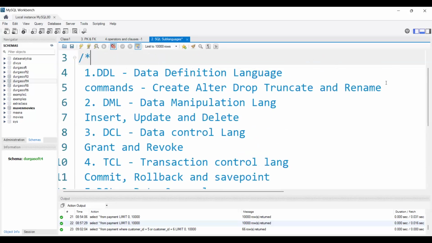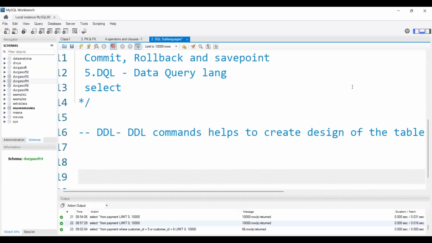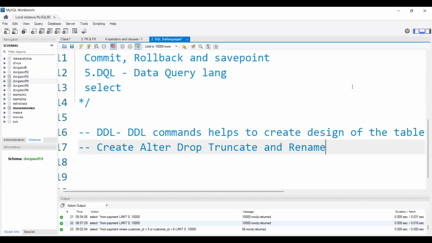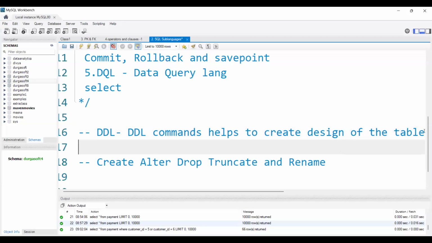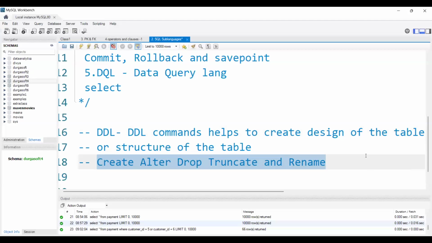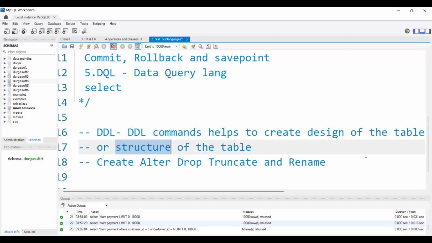Create, alter, drop, truncate and rename. All these commands basically talk about the design or structure of the table only. Almost all the commands we use in DDL deal with the structure or design of the table only.